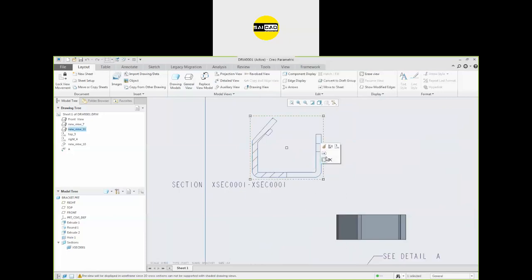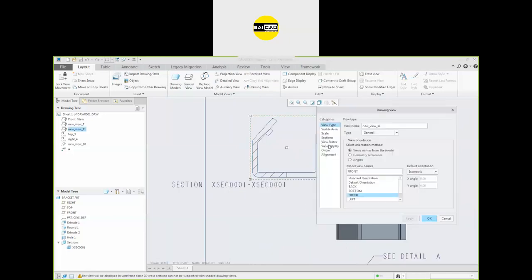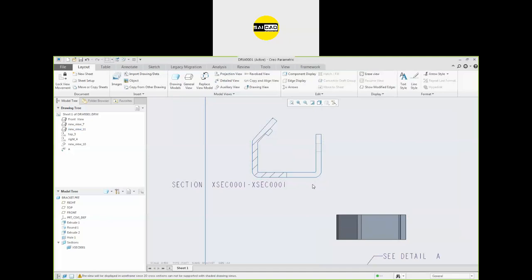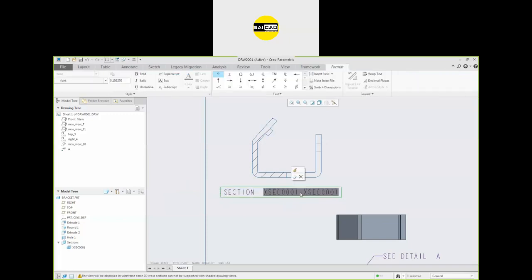Okay, if you want to change the display style, you can do that. Just go to the, okay. We have only the wireframe type in this section option. You can select that from here, hidden or wireframe, whichever you need. I need the hidden. Okay, apply. Okay, and this will be the section. You can see the text is here. You can use that. You can edit that also if you don't want to see this one.